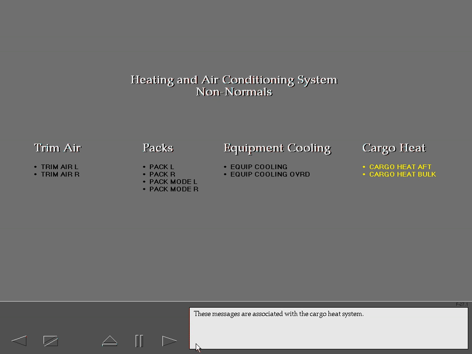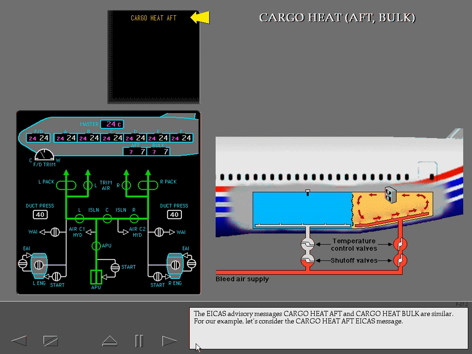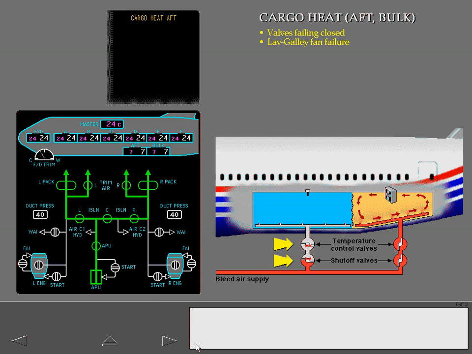These messages are associated with the cargo heat system. The ICAS advisory messages Cargo Heat Aft and Cargo Heat Bulk are similar. For our example, let's consider the Cargo Heat Aft ICAS message. In this example, the Cargo Heat Aft message may be displayed for system failures, such as valves failing closed, lavatory galley fan failure,